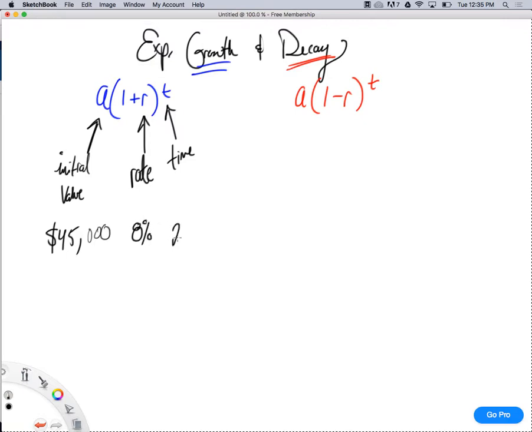Find out how much it will be worth at the end of 20 years. So you just have to realize that 45,000 is A, 8% is r, and 20 years is your t. So it's 45,000